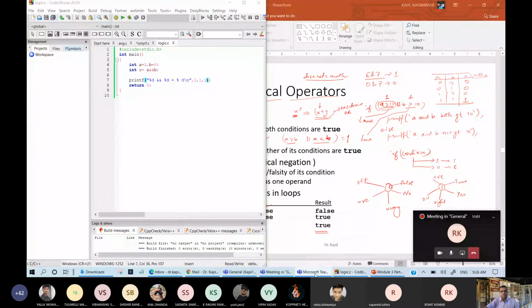Okay. So this is a program. Here in this program, you can see that I'm writing 1, 1 and 1 and 1. Okay. So what will be the output? 1 and 1. And let me show you output for all the variables. This is 1, 0.